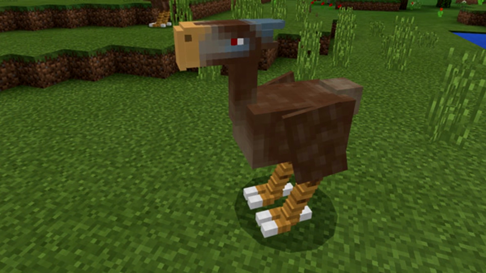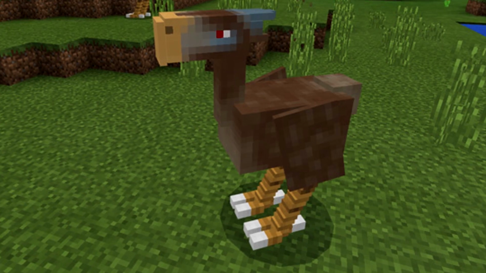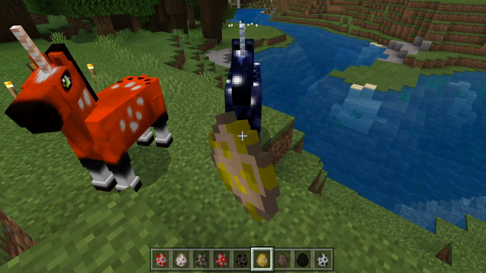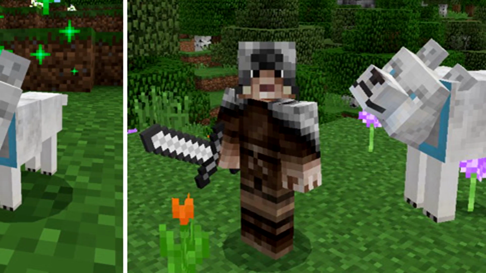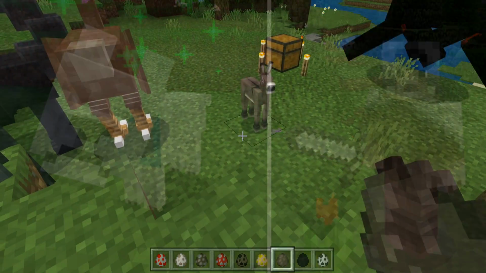The Titanus may also remind you a little of a dodo. It replaces the chickens, and it's a prehistoric looking bird. If you're a fan of Game of Thrones, you might also like the new giant wolves that replace the normal wolves, which remind me of dire wolves from Game of Thrones. These big guys are hostile as the adult versions, but you can also tame the baby wolves, which have pretty